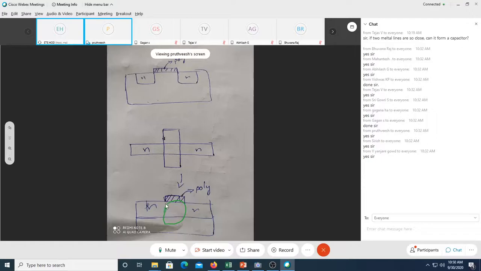Yes, sir. Because there is no gap, sir. If we just keep doping N like a line, and we are keeping polysilicon above this. Correct. You will get this clarity when I start the actual process, how the transistor is formed. Yes, I got your doubt. So this doubt will be cleared when I actually start doing that process.